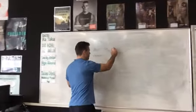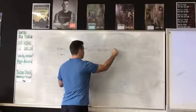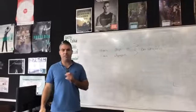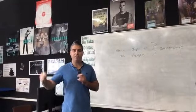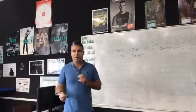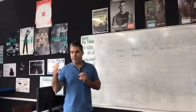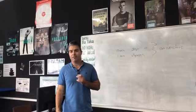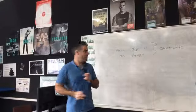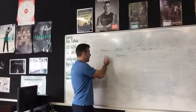Now this is anaerobic, which means it's without oxygen. There's no oxygen involved in using these two systems. You don't even need to breathe. When you do a 100 meter run, you don't need to breathe. When you're doing your contractions in the gym, and you're only doing a few reps, you don't need to breathe. Your muscles just use this form of energy without oxygen. But once we run out of this,